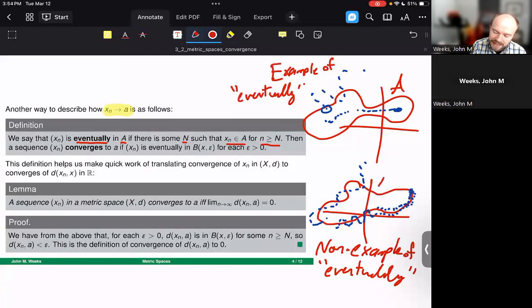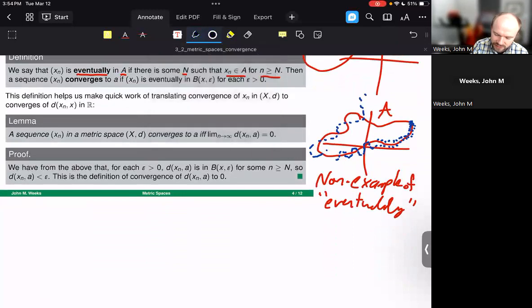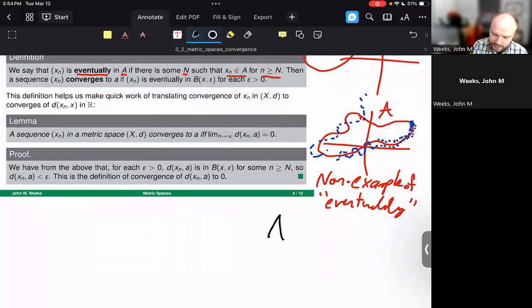So although there could be infinitely many points inside of the set A, they are not eventually inside of the set A, because given any particular cutoff point, there's always going to be a value of my sequence that is outside of the set A. That is an example of a sequence that, even though it has infinitely many points inside of the set A, perhaps is not frequently in the set A. In terms of sequences in R, you might say, let's take the set A to be the set of all x such that x is greater than or equal to 0. Well, then the sequence